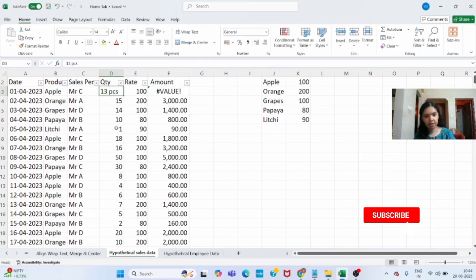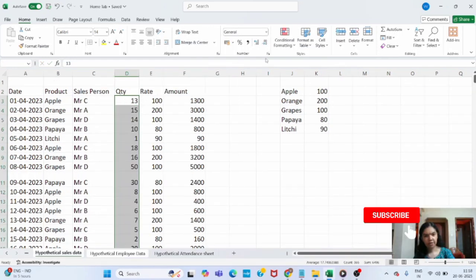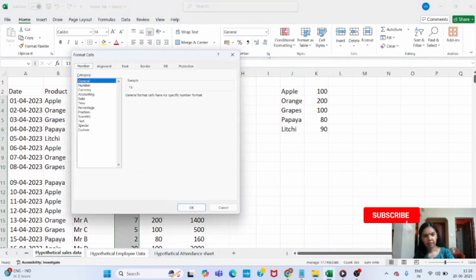When you write pieces here, this formula will get an error. So this has generated an error. How to correct this? Let's see. Just select the range and then click here number format.